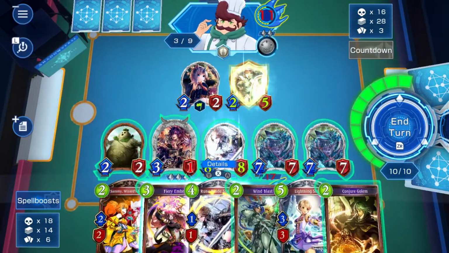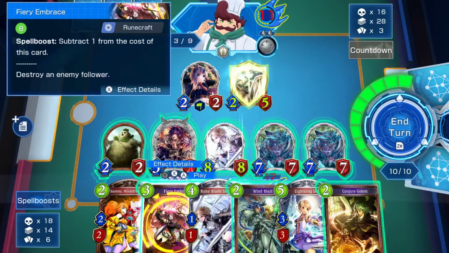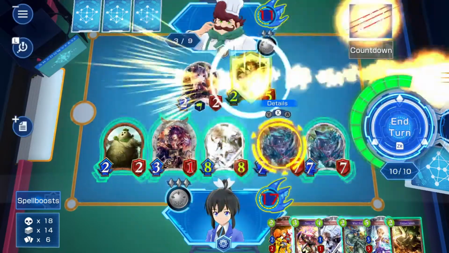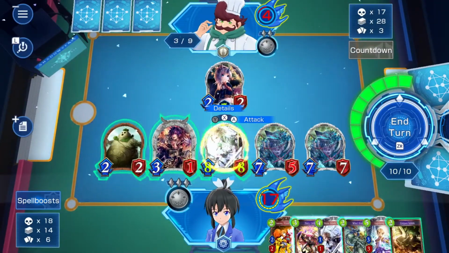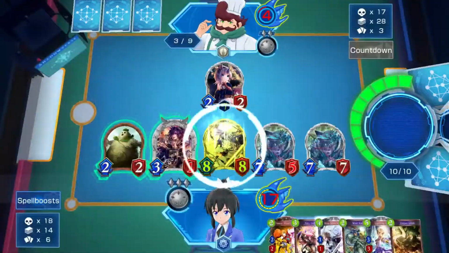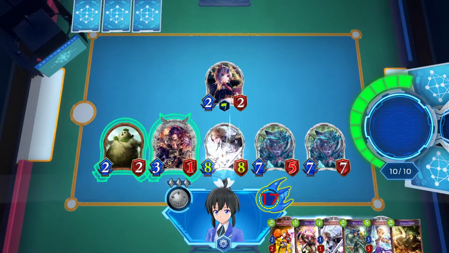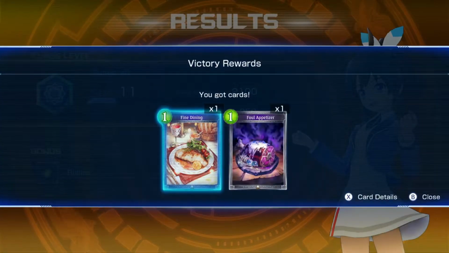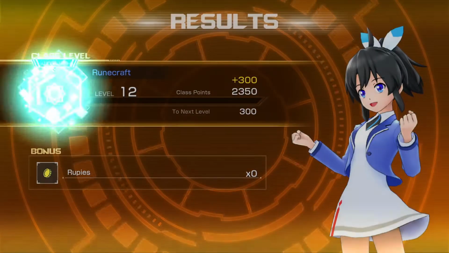He definitely made an effort, but... Oh, that's only a 4? We can just win through it, though. My light of hope fades. What have you done? Slash and this should finish it. What have you done? Foods have their place at the table. Alrighty, good start. Good game. I'm not really sure why we needed to play this deck to beat him. I feel like we would have done fine with Shadowcraft, but...